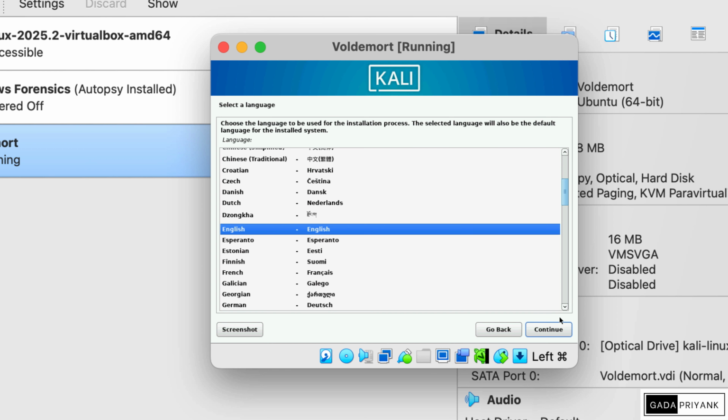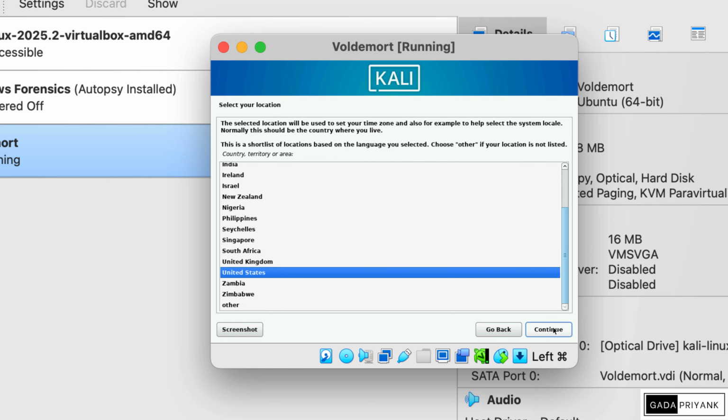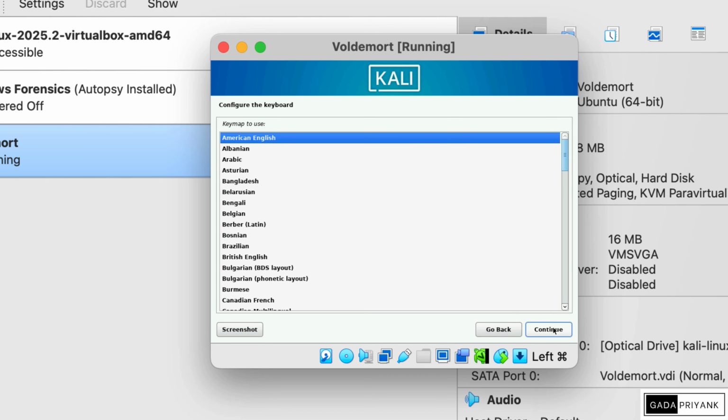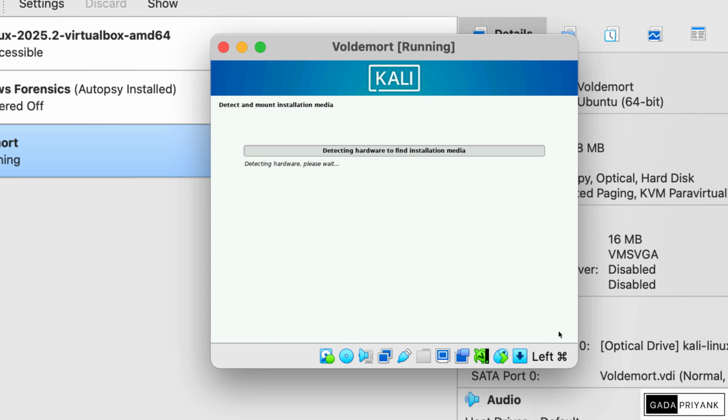Now the first thing that Kali will ask you is your language, and then you will move forward with the keyboard. If you don't know which keyboard you are using, just select the American one, and the American one is basically the one where the first keys will be QWERTY. It is also known as QWERTY. So this is how usual keyboards are. If you're using any other keyboard, you can select according to your country.